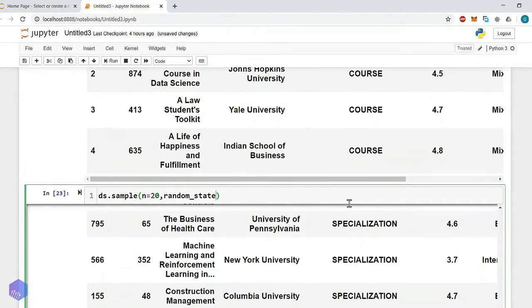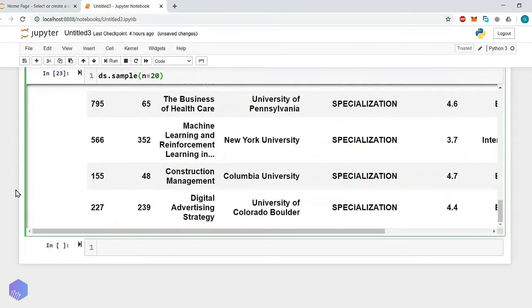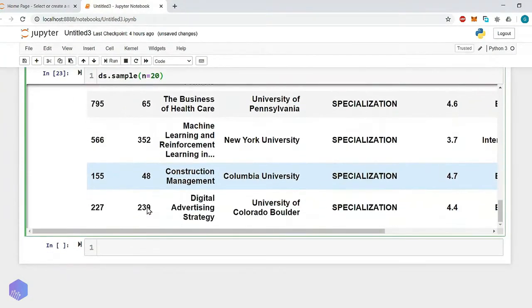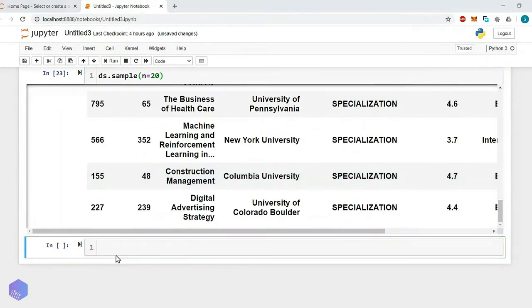So this will seed the initial value to the random number generator. Clear with this? Okay. So anyway, whether we specify an initial value or not, it will not make any sense. Why? Because the rows are supposed to be selected randomly. Now in the next topic, next discussion,